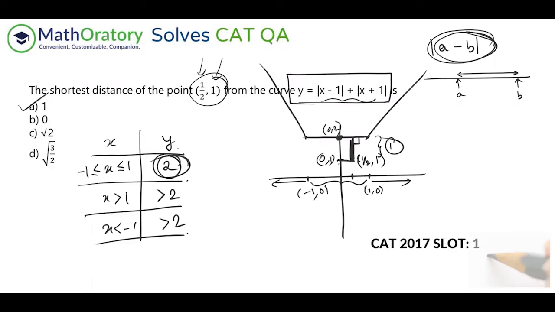So what I wanted to show is, those who have an idea of this kind of graph will know what this graph is, that it has a name as well. I'm not mentioning that in this video, and the way we typically derive this is a little different. The reason I showed this is because this idea of the sum of distances can be useful in a lot of these types of questions. So I hope that you can utilize this. This will be the solution in this video.